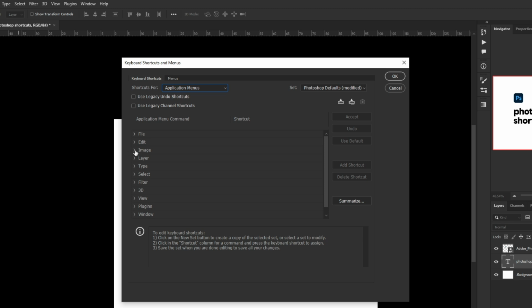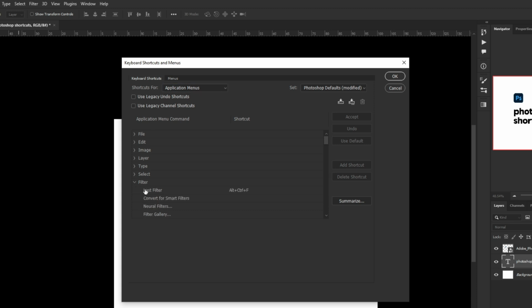For example, if you want to make a shortcut for specific image adjustments, maybe you want an image to be grayscale, when you click it, you just select Image and then Grayscale, and then you could add your shortcut. But in my case, I want to create a shortcut to turn any layer into a smart object in Photoshop. And if you've used Photoshop for a certain amount of time, you remember that the smart object is under Filter, right? So we're going to select Filter here, and I'm just going to select